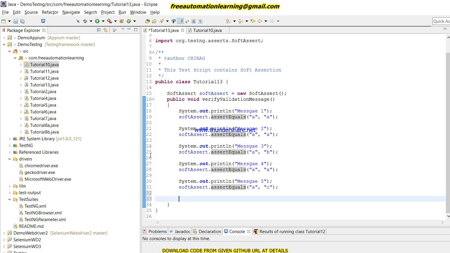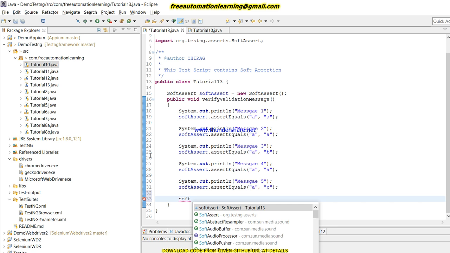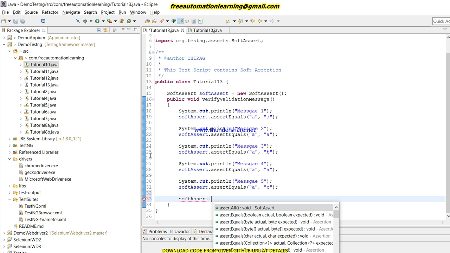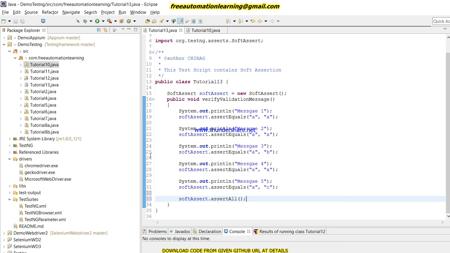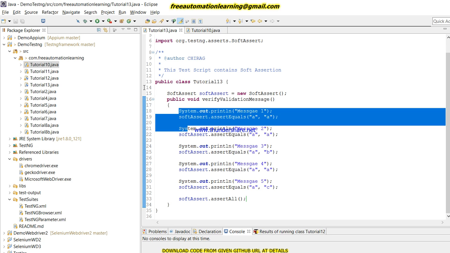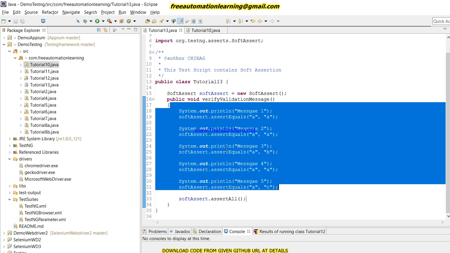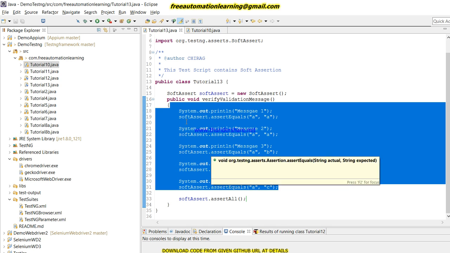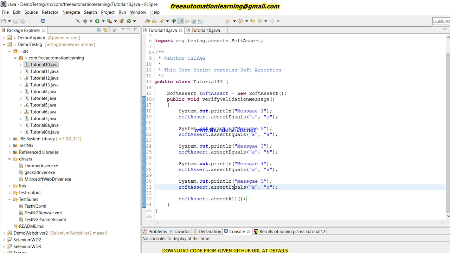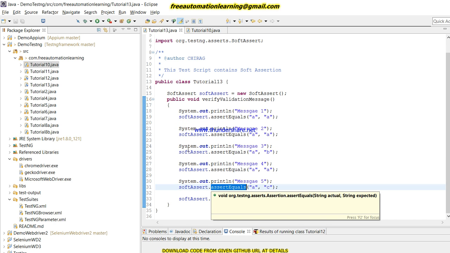So now I have to call softAssert.assertAll at the point where we need to assert. What it does is go from up to down. Suppose it failed at message 3 and it would also fail at message 5.